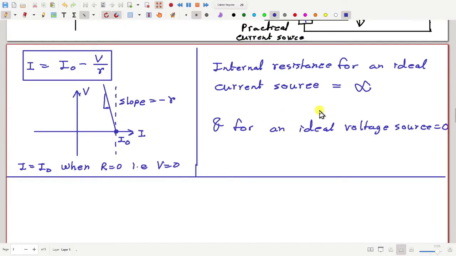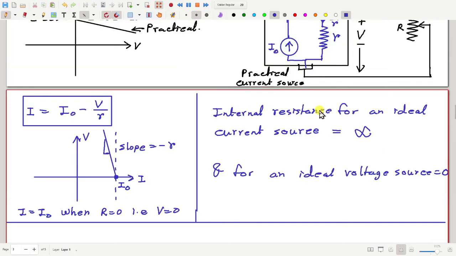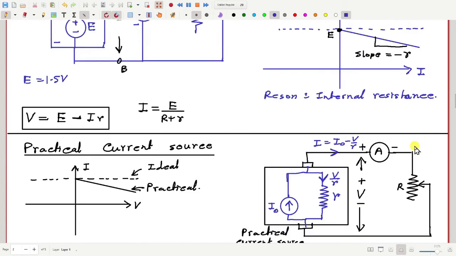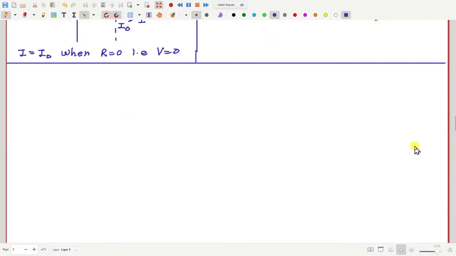Now, one thing please observe. This is the VI graph for a practical current source, which is a dropping straight line. And before this, we saw that for a practical voltage source, the VI graph is also a dropping straight line. So in one way, you can see that there is some similarity. Now let us explore this similarity